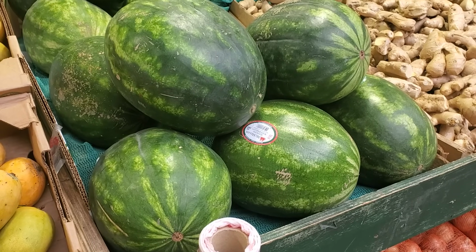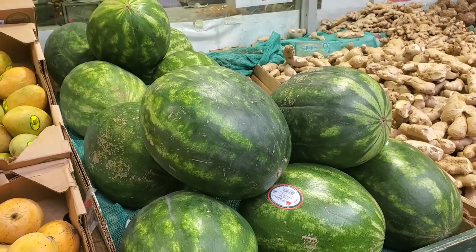So this should have some similarities with the watermelon that we know, but it also will have some things in common with what watermelons were like before they were domesticated. And this was sent to me by Joey. So Joey,